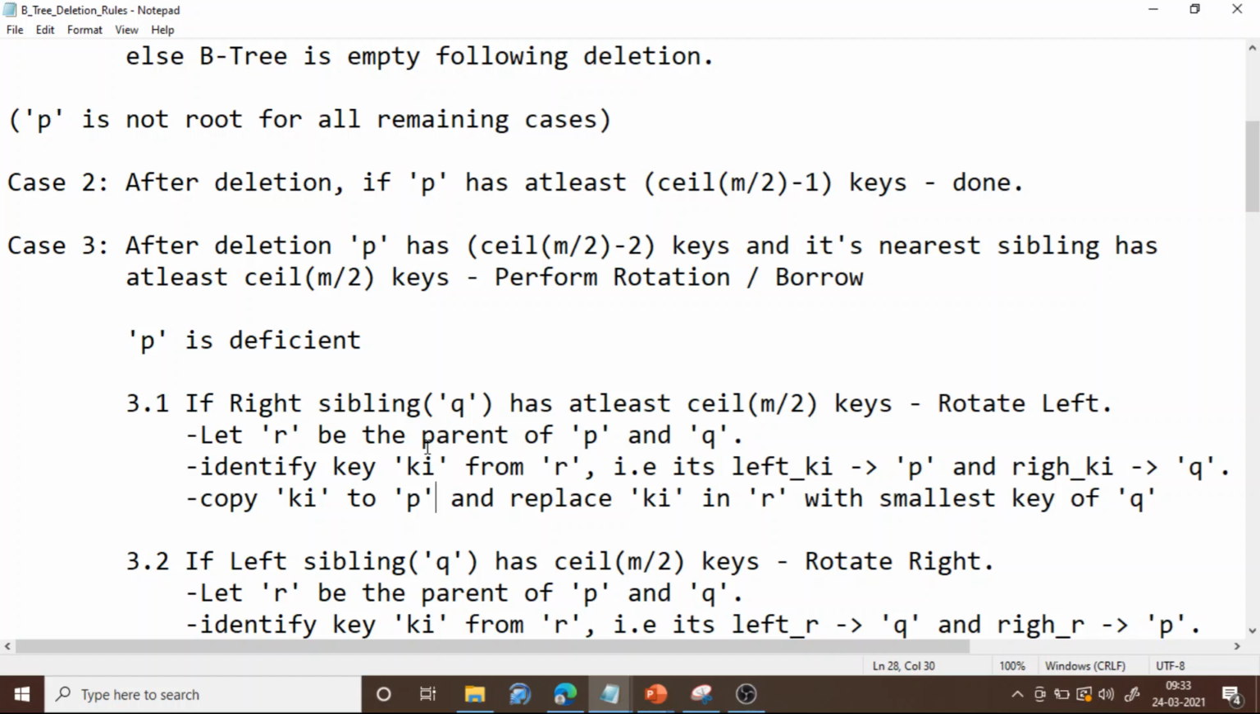It is coming from its parent node, the parent node's key whose left pointer is pointing to p. That key ki will be surely greater than all the values in p, so it will be coming in the right end of p. After copying this, in the parent, the key ki will be replaced with the